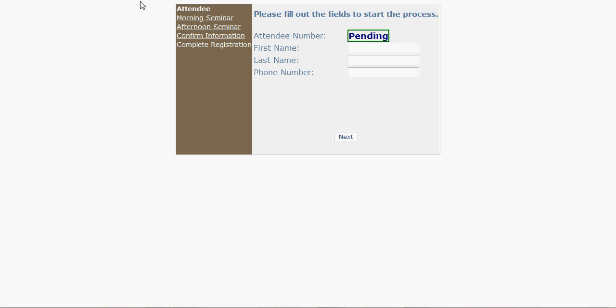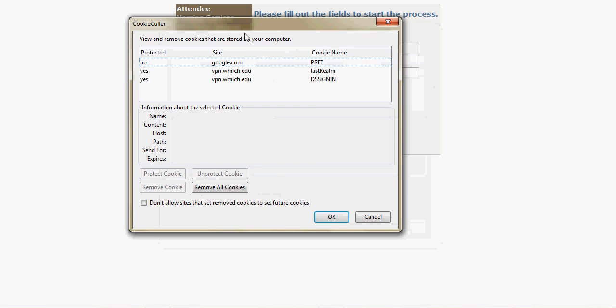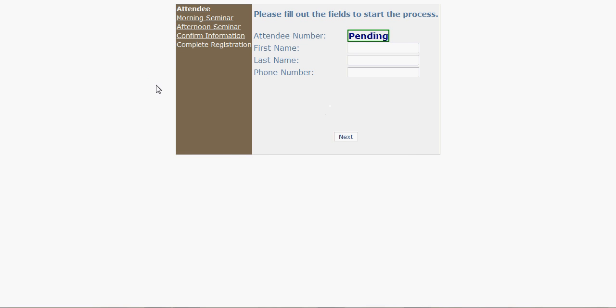Another thing to point out, hopefully this shows on the screen, is the Cookie Color. We're managing cookies. As you'll see right now, I have a Google cookie and VPN cookies that I don't want to get rid of right now. So if you use Cookie Color, you can protect those. It's just a Firefox add-in. But as soon as I go to this page,